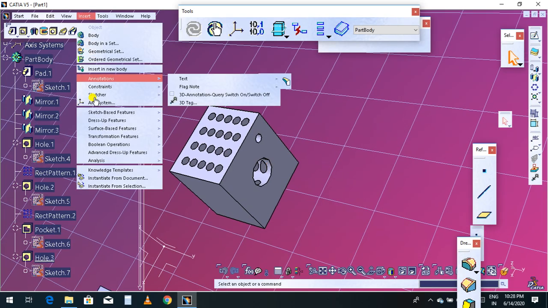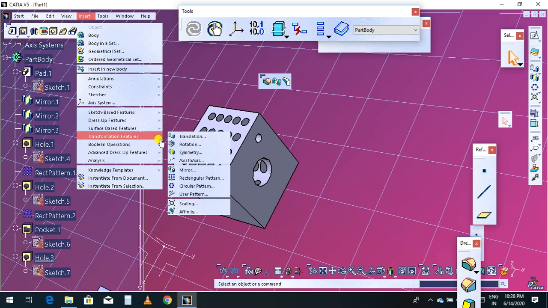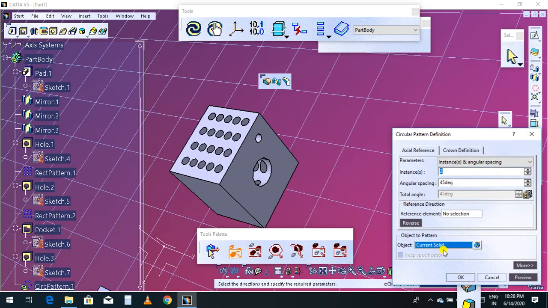Now I'm going to insert the circular pattern. Click the circular pattern. For the number of holes I will take 10 as the number of circular parts. So the angle will be 360 divided by 10, 36 degrees, equal spacing.